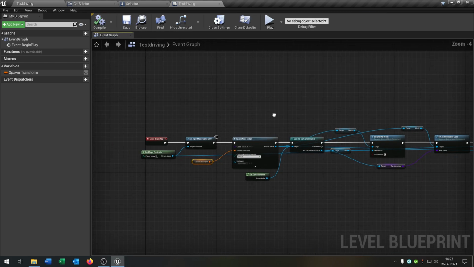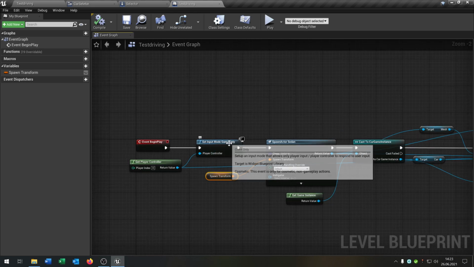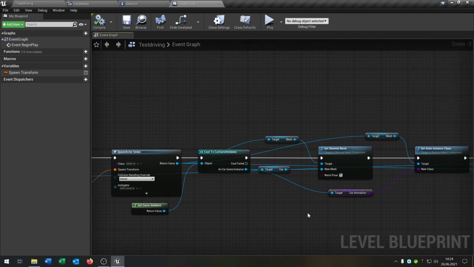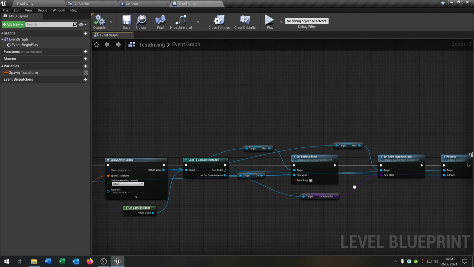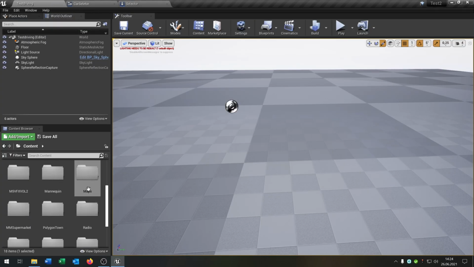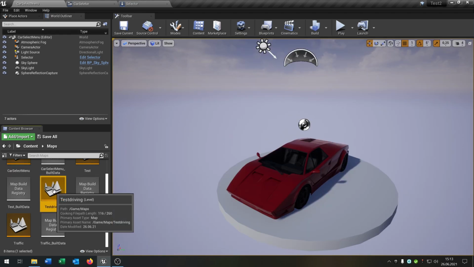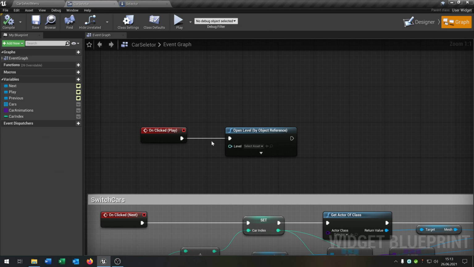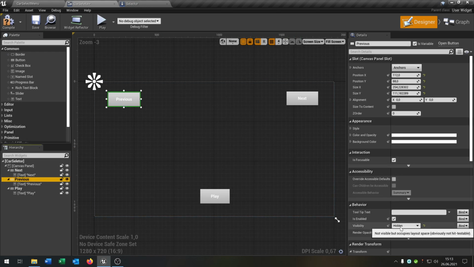Okay, so the level will be loaded, put the input mode back to game only, spawn the sedan, and set the skeleton mesh and the animation instance to what we select in the car selector before, and then will we control the car. So let's test if it's working. So let's open up our car selector menu again. So the last thing we have to do is select our test driving map, go to the car selector and put it right here. Then we go to our designer, select the previous button and make sure it is set